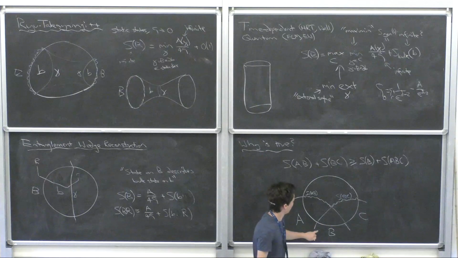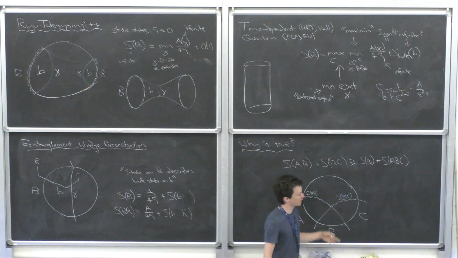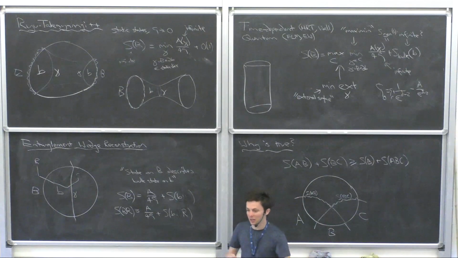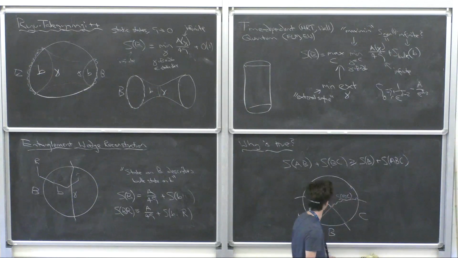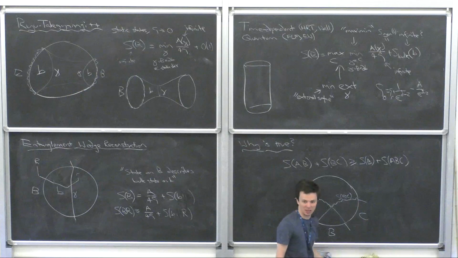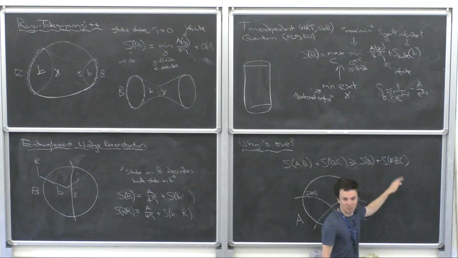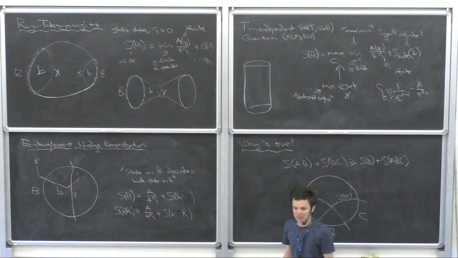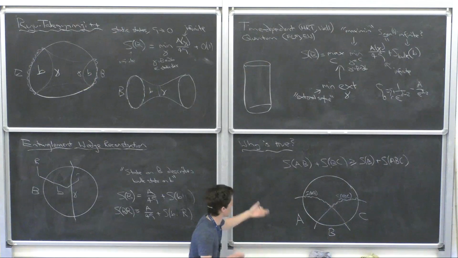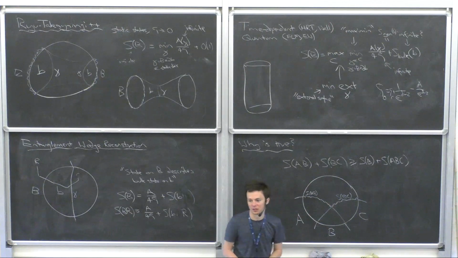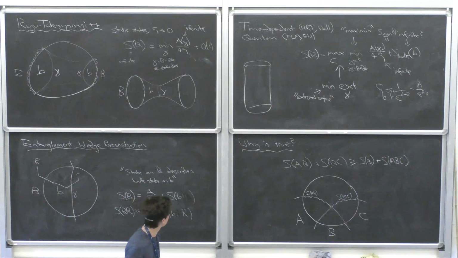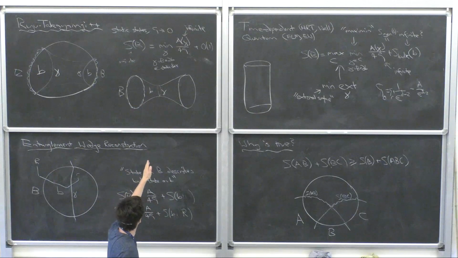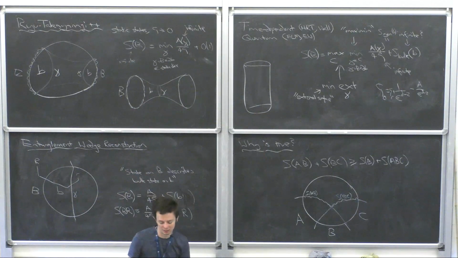But now I have a surface that's homologous to B, which necessarily must be bigger than the minimal area surface homologous to B, so it must be bigger than S of B. And I have a surface homologous to ABC, which must be bigger than the minimal area one homologous to ABC. So we're done, because that's what we were trying to show. Okay, so it's a beautiful, simple geometric proof that strong subadditivity is valid for the leading order piece in static